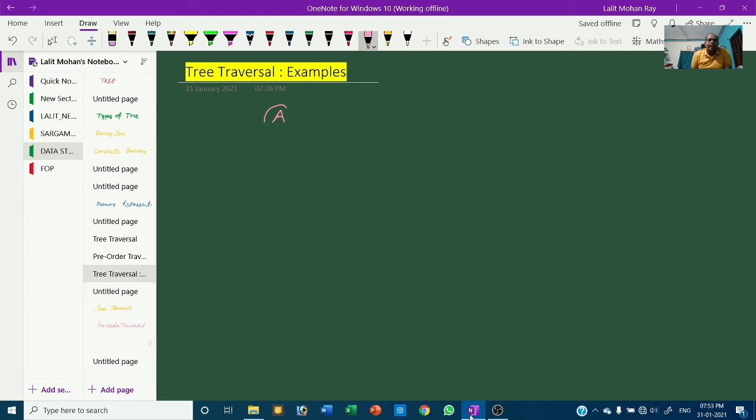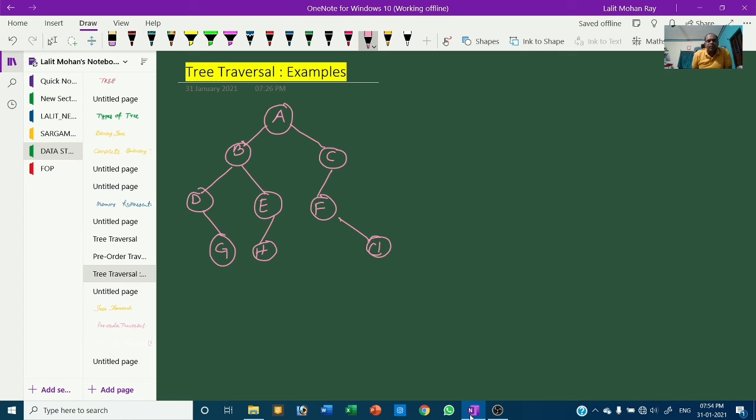Suppose A is here, then B, C, D, E, F, G, H, I. Suppose this is one binary tree and we have to find the pre-order traversal.